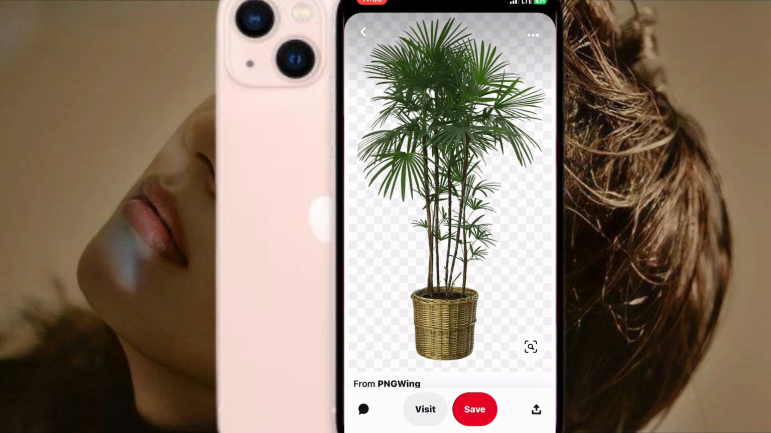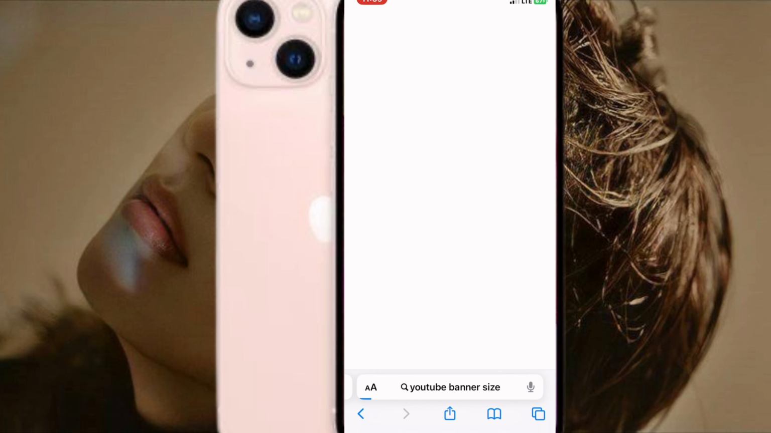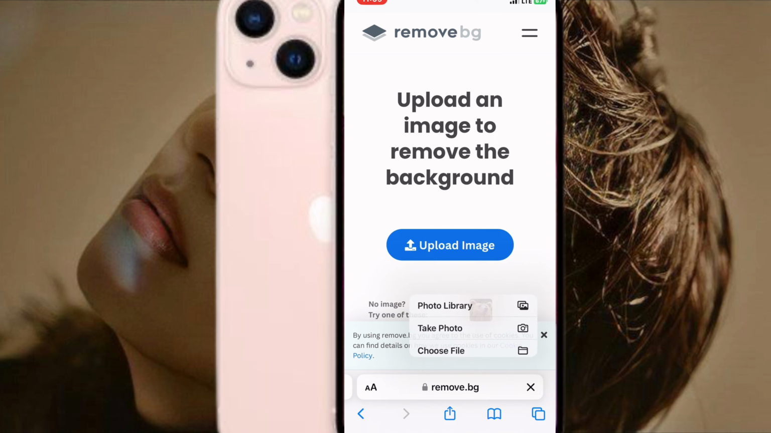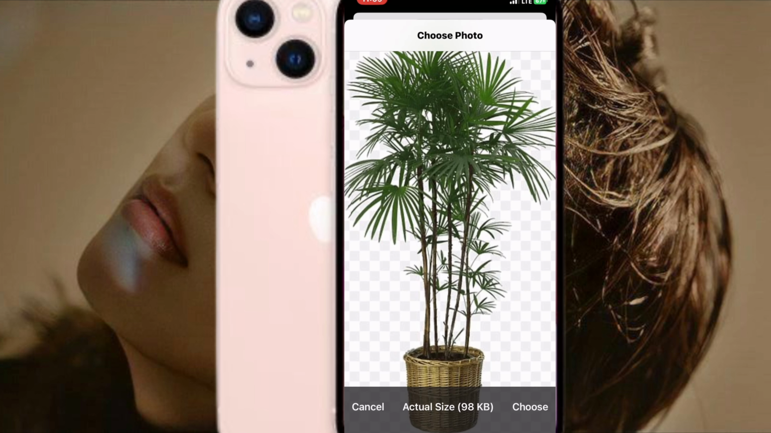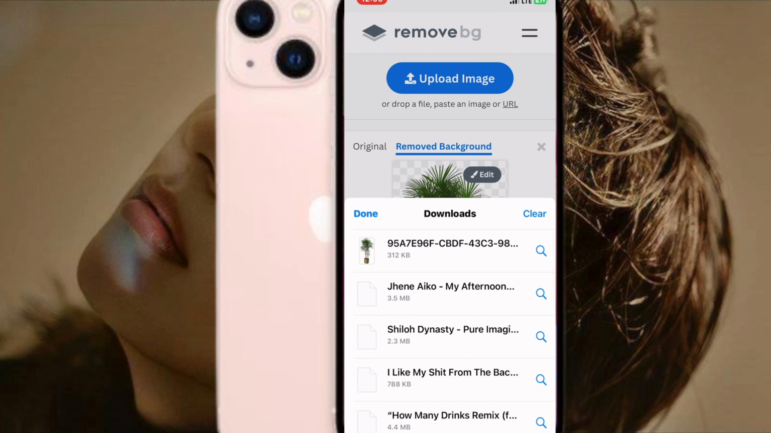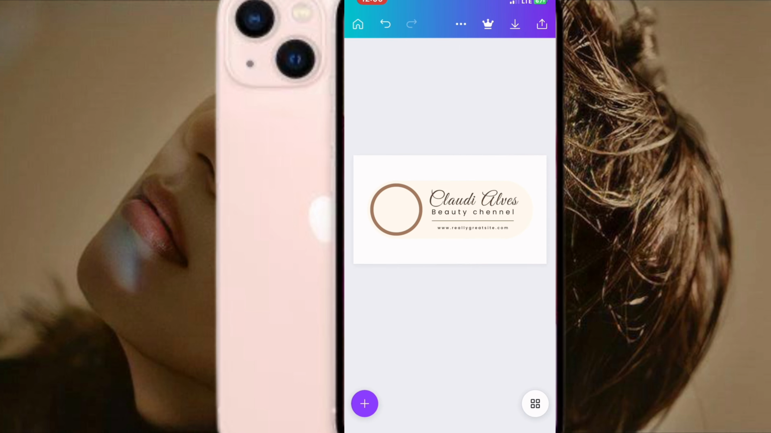So the next thing I want to do is remove the background, right? So I'll just go on Safari and type in remove BG to bring you to this site. All you have to do is upload the picture you just saved from Pinterest, and it will remove the background, then download it. So going back to Canva, what you have to do next is give it a